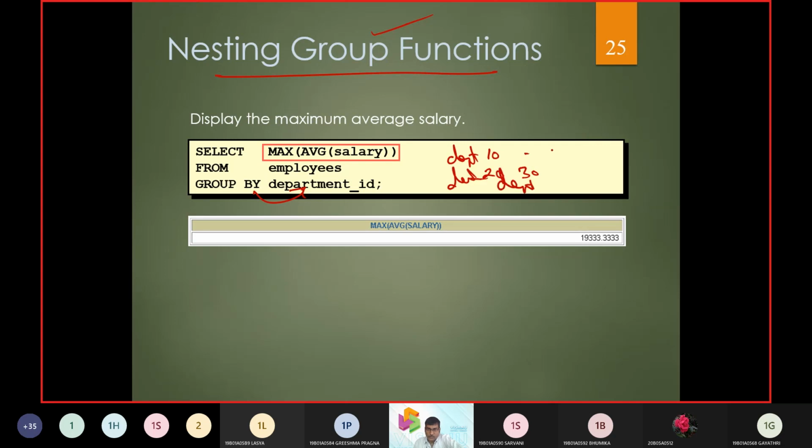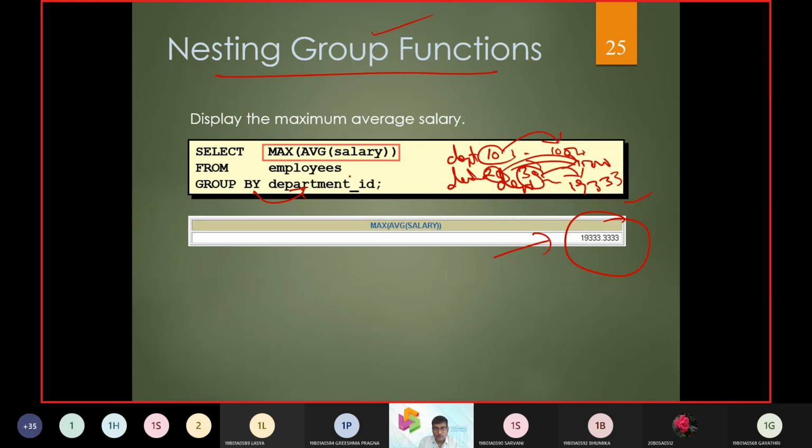Max salary in the 10th was 10,000, the 20th department was 15,000, and the 30th department was 19,333. Now you can understand, in department 10 the highest was 10,000, in department 20 the highest was 15,000, in department 30 the highest was 19,333. So we are displaying the max salary after applying the internal grouping.